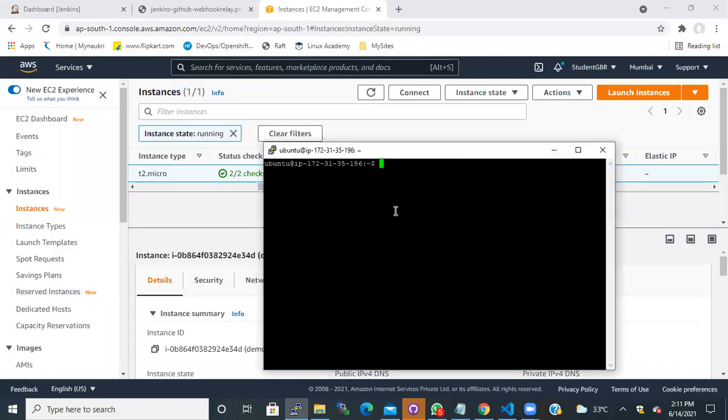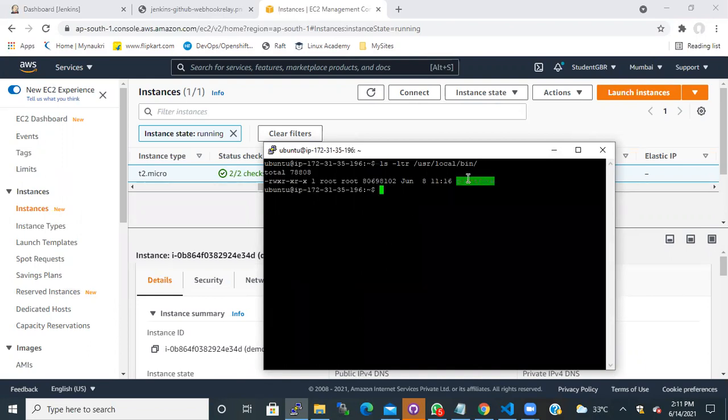So the first thing is that I have already installed Terraform here because that is needed. And this is my Terraform. This is where I have installed it, and I have already installed Git, and this is where my Git is available. These are the two things that we require on the server to create this pipeline, which we already have.